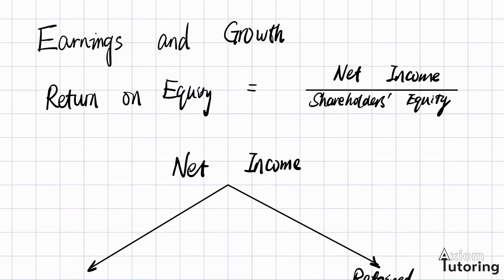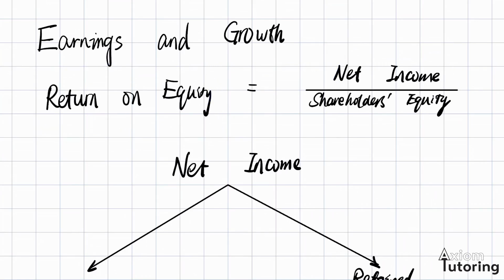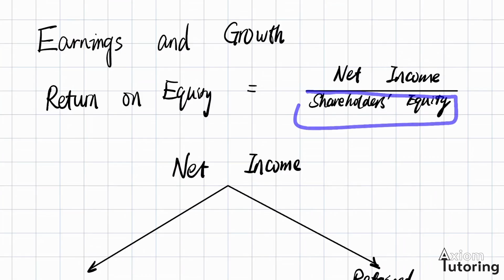Before we get into the distribution of net income, we need to know the return on equity. It is simply calculated by dividing net income by the shareholders' equity. Think of this as a percentage that describes the ability of this firm to earn money based on how much has been invested by the shareholders. The denominator here is the shareholders' equity. It is a monetary value. It is not the number of shares outstanding. So it's simply a monetary value here.